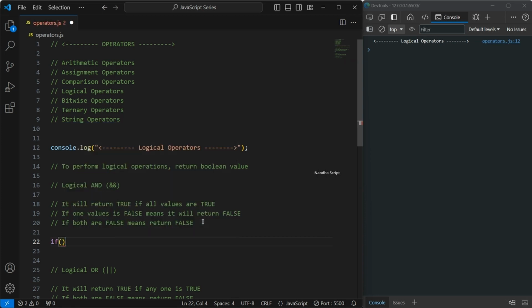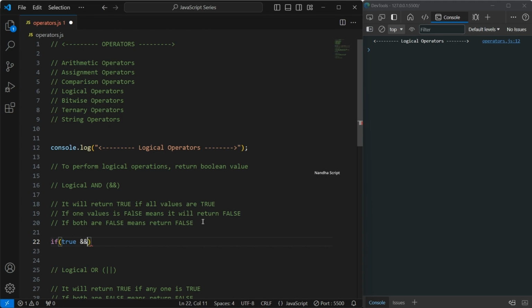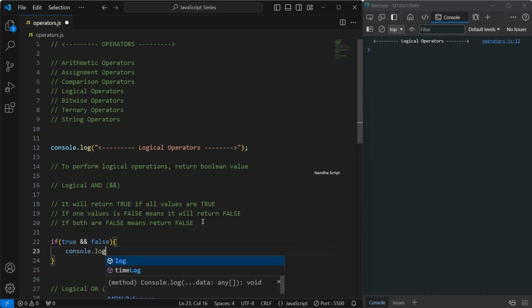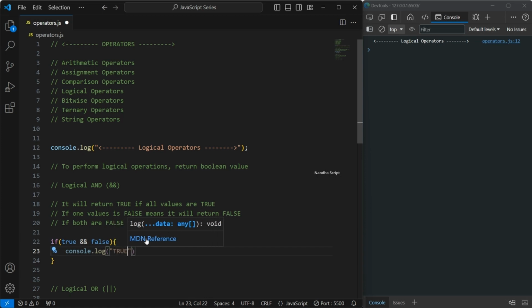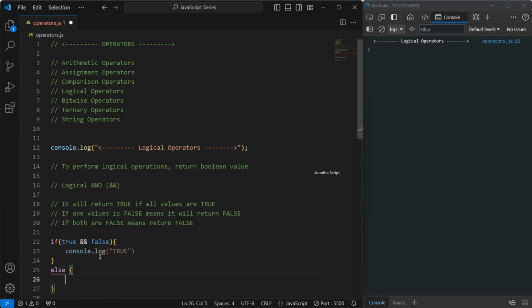So here I am creating one if statement with my first value as true. I am using the and operator, and my second value is false. Inside that, I am adding console.log, and inside that I am typing true for my true statement. I'm also adding an else statement, and inside that I'm going to add one more console.log with false. Okay, if I click save, you can see the false is printed because my first value is